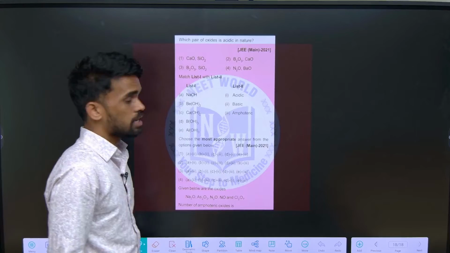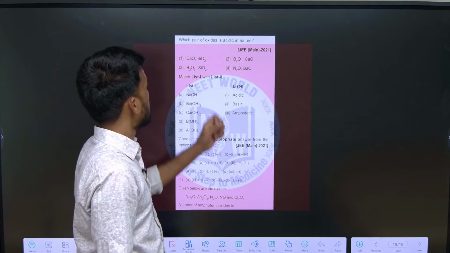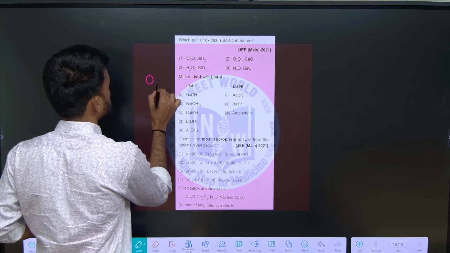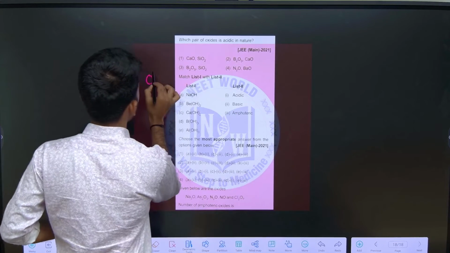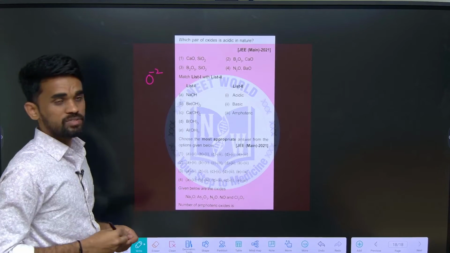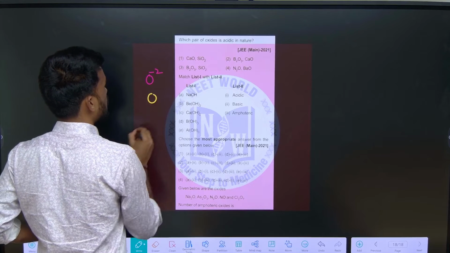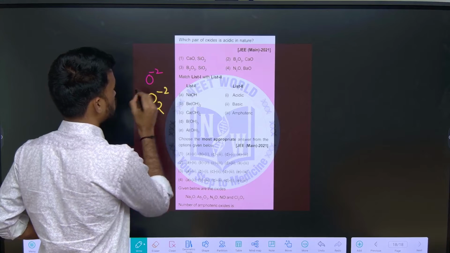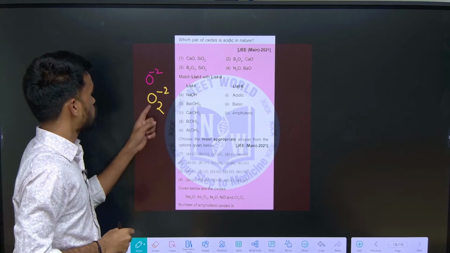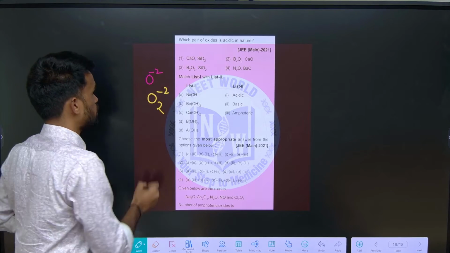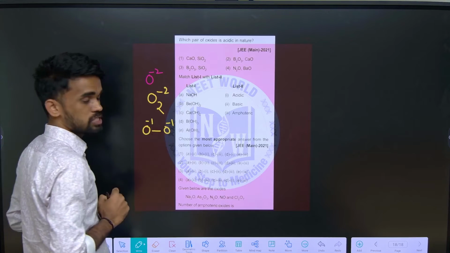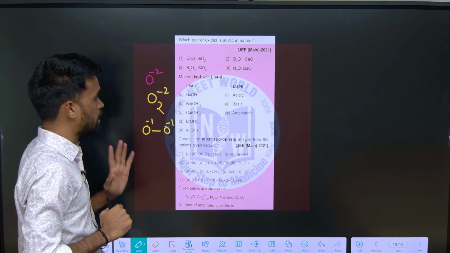Okay. So now the last topic we can say here is oxides. What are oxides? In oxides, oxygen will exist with oxidation state minus 2. These are the oxides we know. If oxygen is in minus 1 state, for example H2O2, it will be a peroxide, O2 2-. It means each oxygen atom has charge minus 1. So you should call it a peroxide.